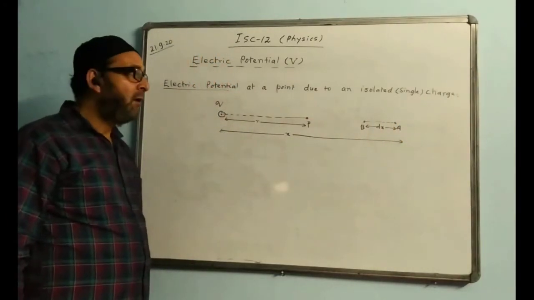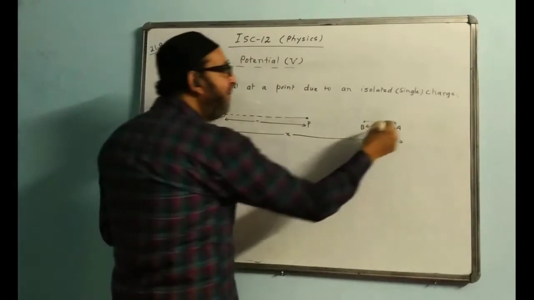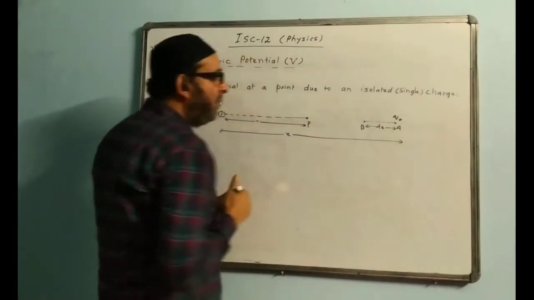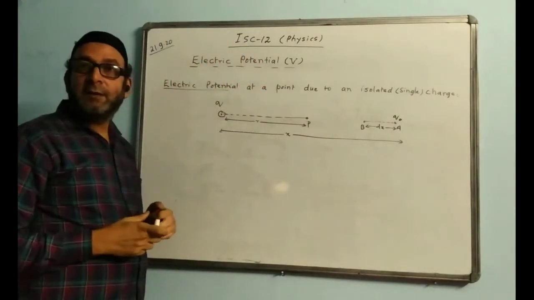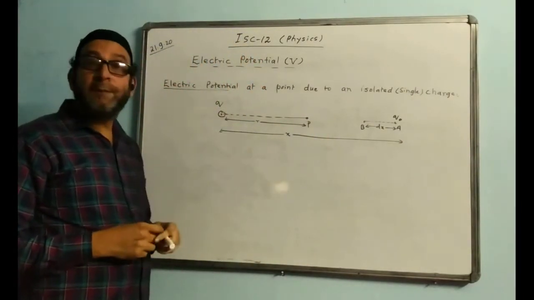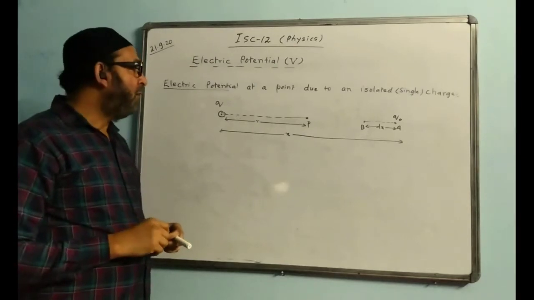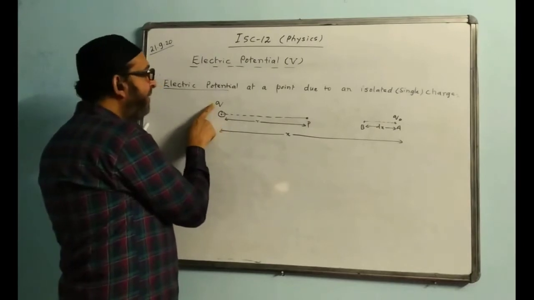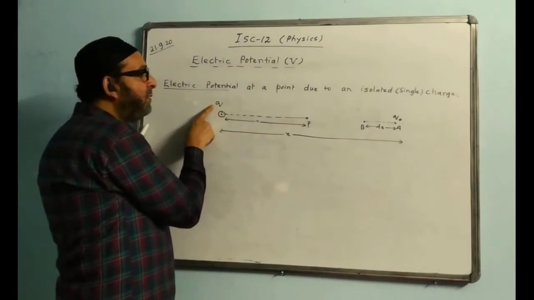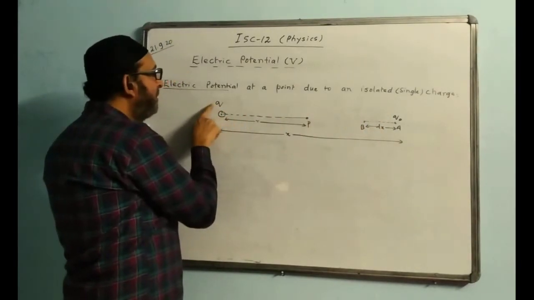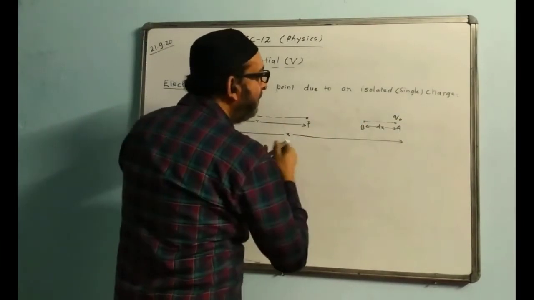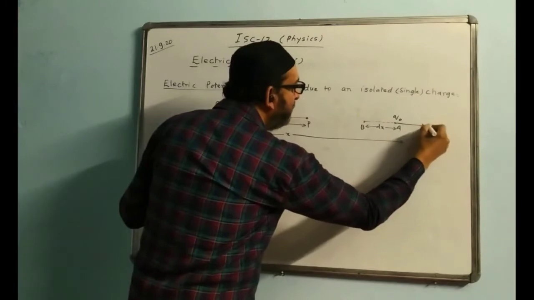What kind of charge do we have here? The charge will be Q naught. Q naught is being moved. Okay. Now we check. The diagram is important, carrying 1 mark. We show the direction of force. I have taken the charge positive. It can be negative either. Suppose this is positive. This is also positive. What direction will the force act? Force will act like this. Here we show the direction of force.